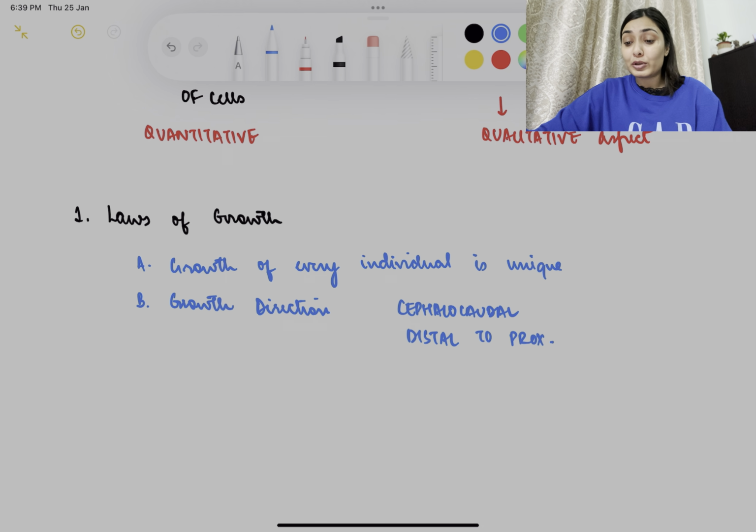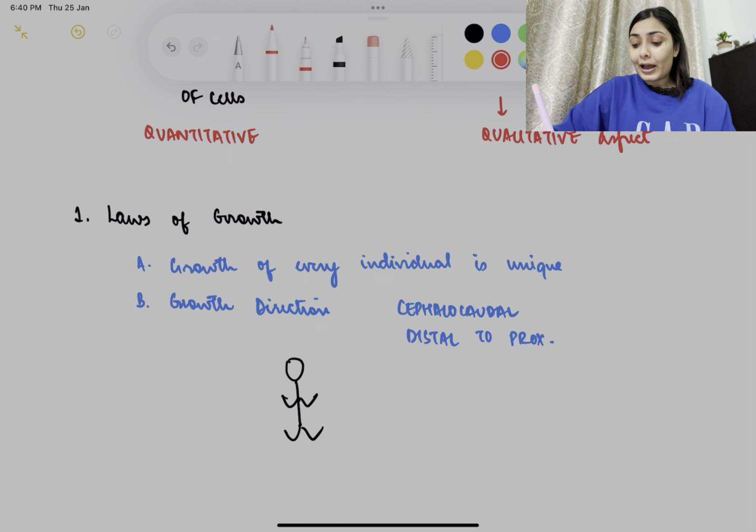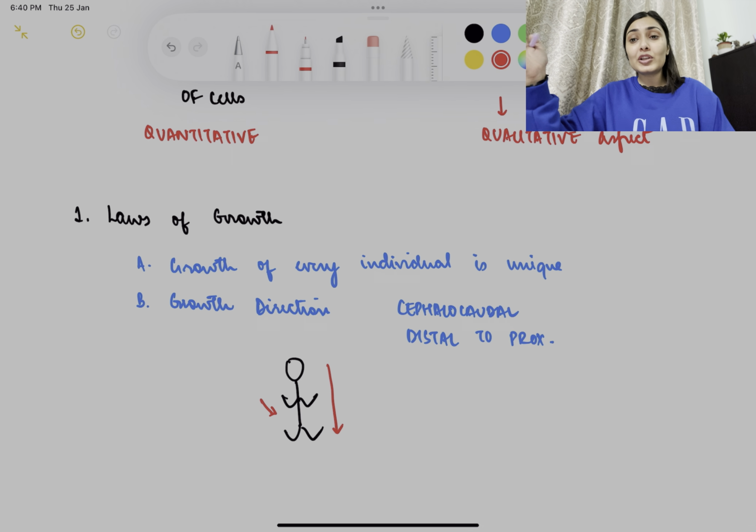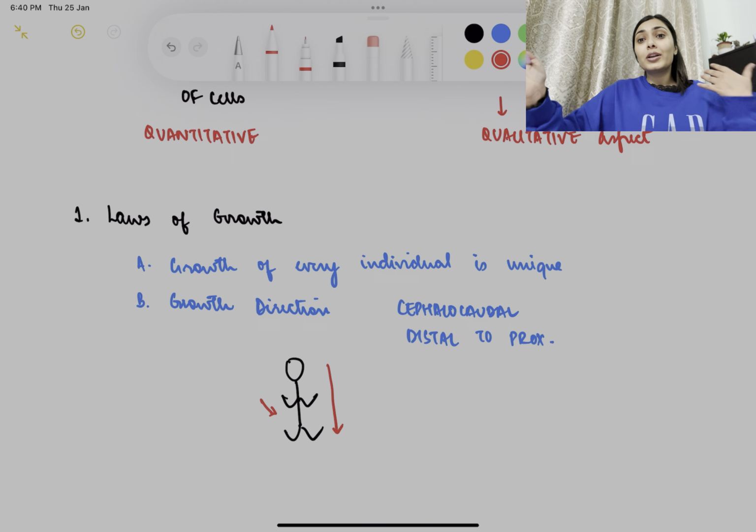What do I mean by this? If this is the baby we are having, the growth is cephalocaudal, that means head to toe, and distal to proximal, that means in the individual limbs, from the hands, palms and soles to the